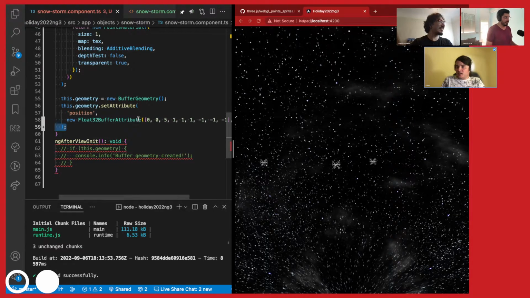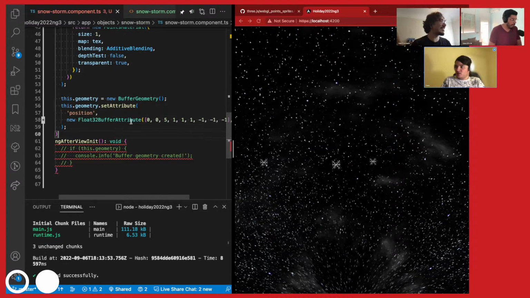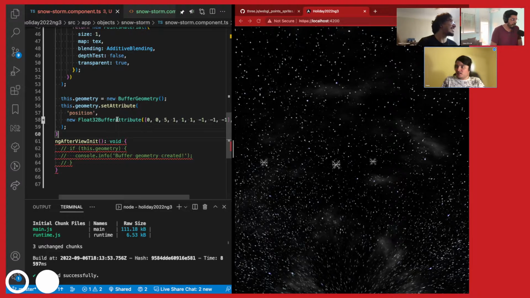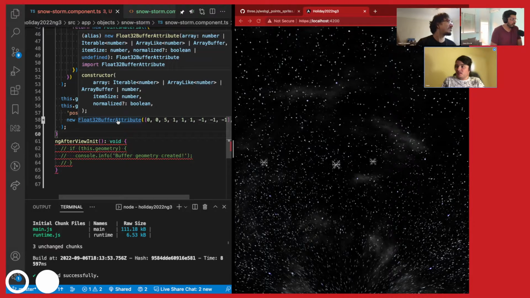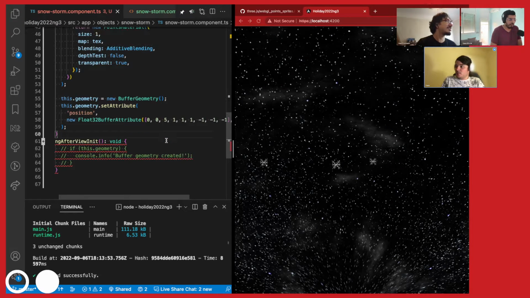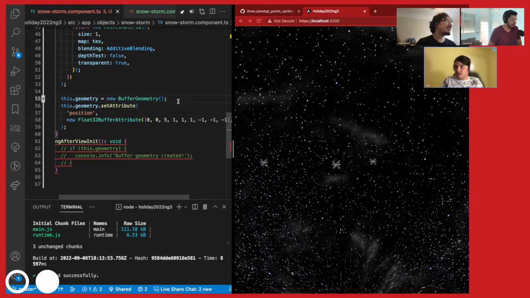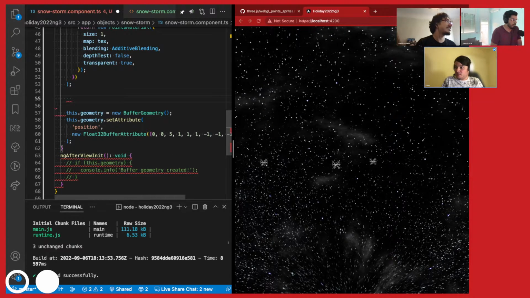And I think because it's just a float buffer, the 3 tells it, I don't actually know what that does. Oh, item size. Okay, it tells it how big each of the items should be, or how many. I assume how many axes are in it. Not entirely sure. So I guess the first thing would be let's add a ton of vertices here. So let's say